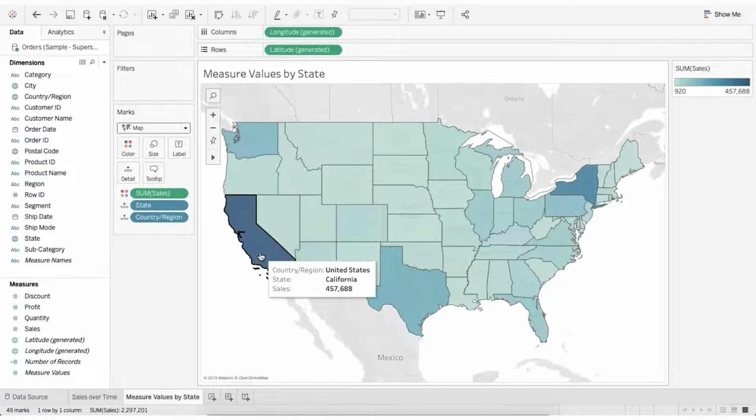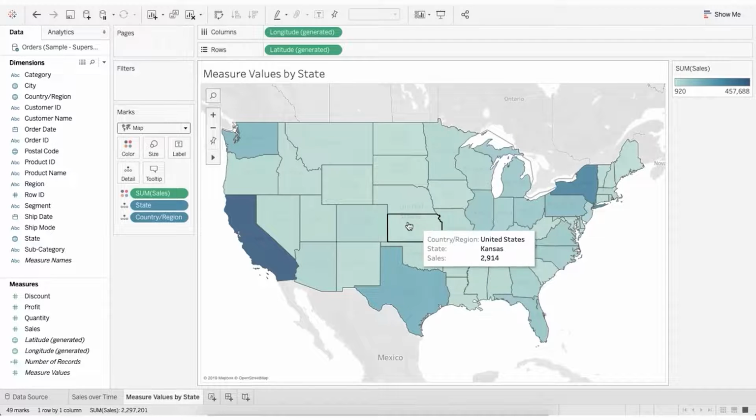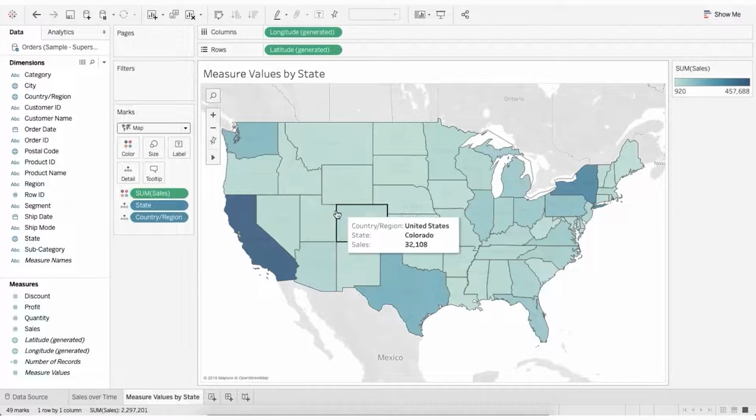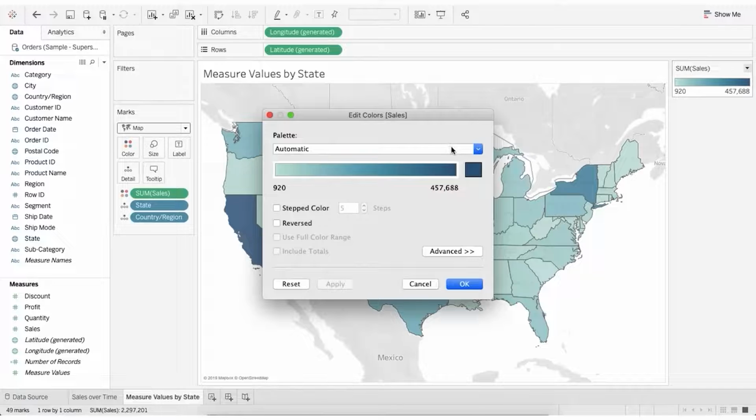So states like California, Texas, New York, all of these have higher sales and they're represented by a darker shade. This color scheme that you're seeing is the default color scheme in Tableau. I want to change that up a bit to give my stakeholders a better feel and to make my visualization much more impactful. I don't want them to just hover over each state to understand if it's doing well or not doing well. So head over here, click on Edit Colors, and from this drop down, select the color scheme